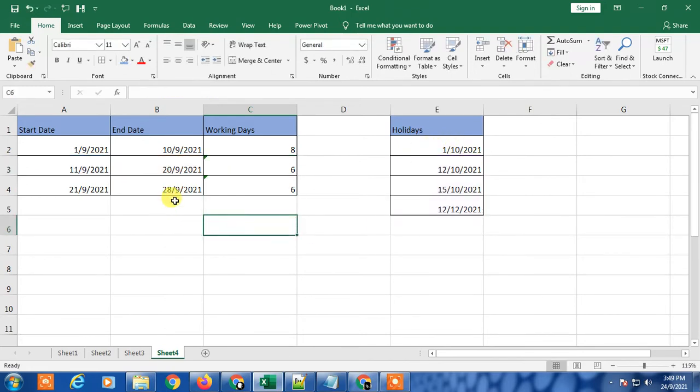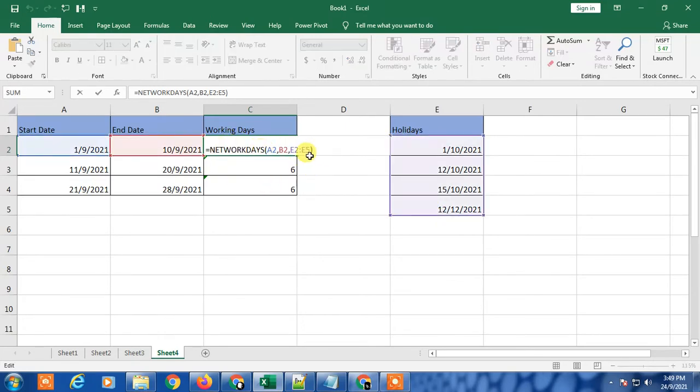So first you need to pin this holiday cell in the first formula. How can you pin it? Just edit your formula, and this cell should be locked in this formula, so it will be applied in the proper way. Just click between this cell and press F4. The dollar sign will appear and it will be locked. Again select another cell and press F4, and the dollar sign will appear.